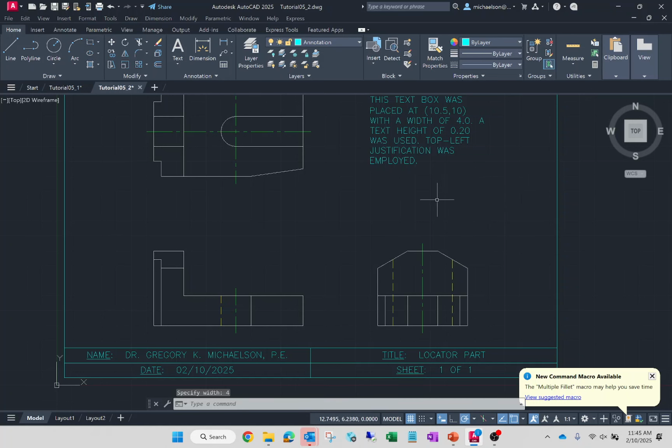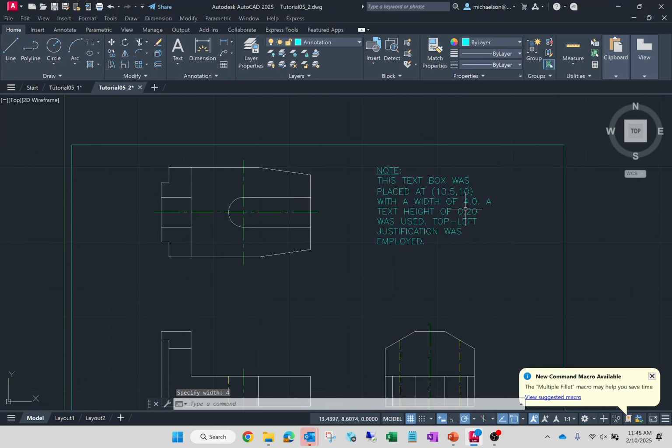And so your text box should look something about like this. If you don't use mtext, sometimes it can get angry at you when you're pressing enter. So, all right, we're running short on time, so I'll stick around if anybody has any questions on text,